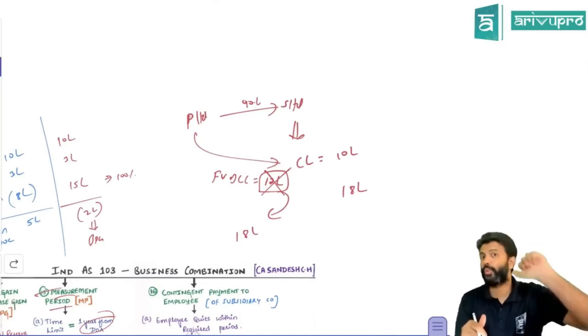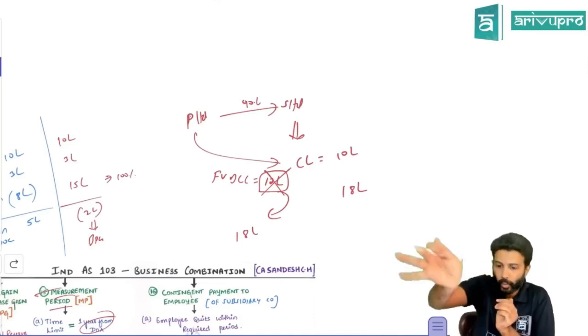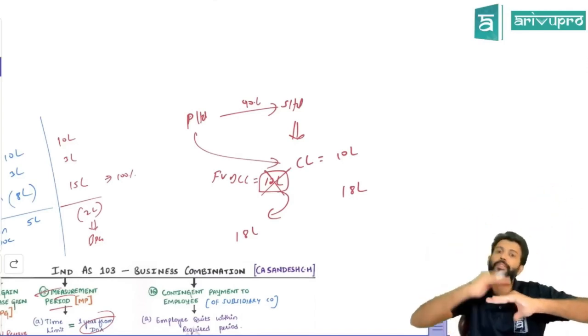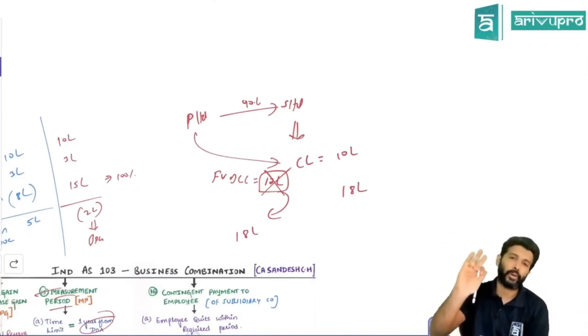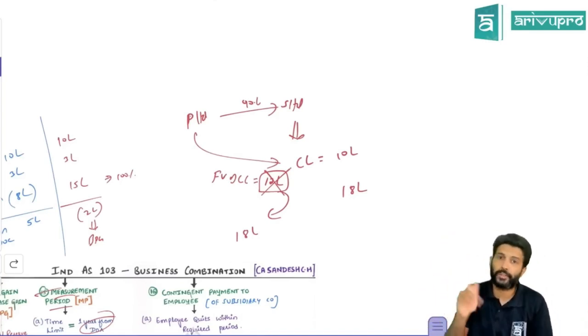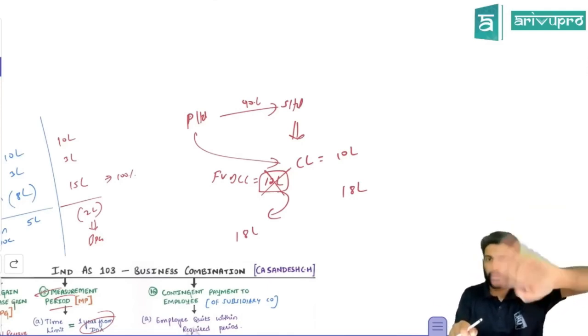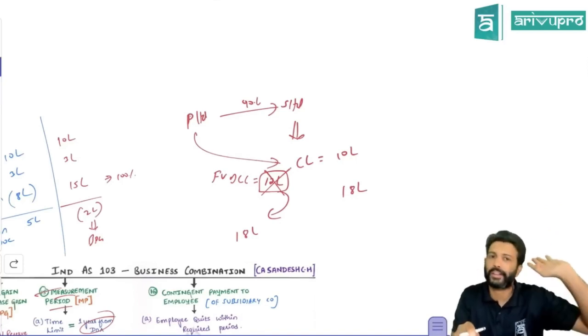So two conditions. One, this change should happen within the measurement period. If you're doing the change beyond 1 year, it is not acceptable. It has to be within 1 year from the date of control. And two, the facts should be existing on the date of control. If the facts were not existing, you cannot change it. Additional evidence you can get later on, that's fine, but the condition or the idea about this transaction should be there.